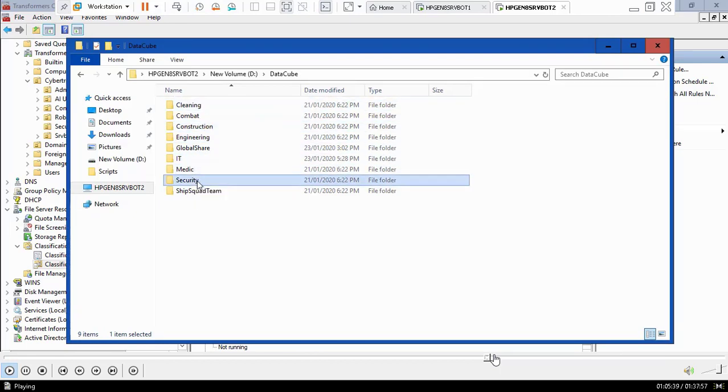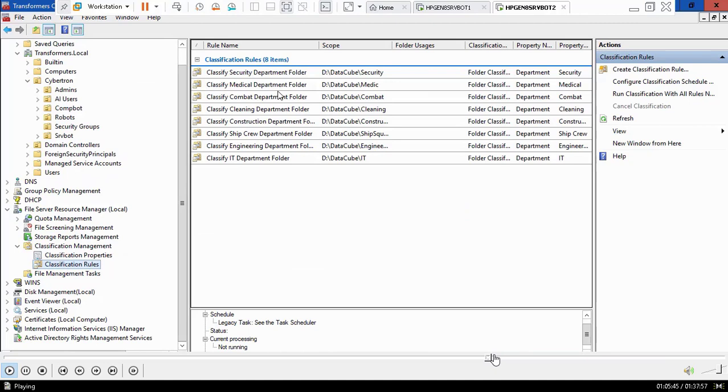Okay, I still have medic, security, ship, squad. So now I think there are 2 missing. No, I think all of them are there: 1, 2, 3, 8. It's 9. So after we finish the classification, we will get back to